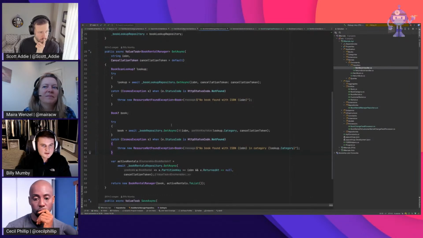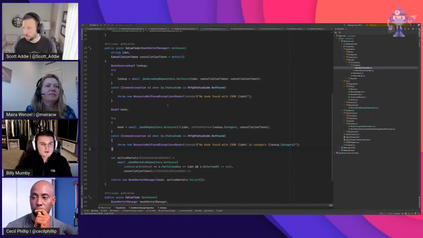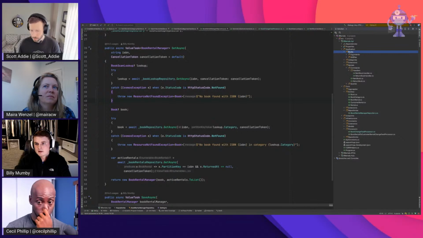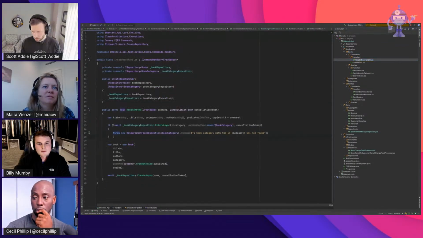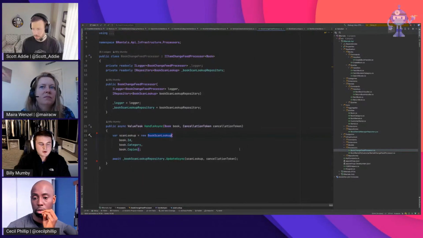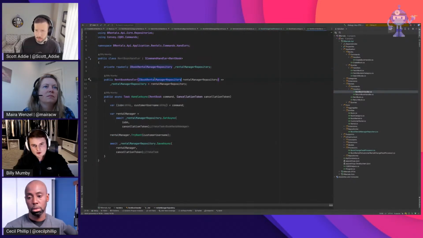So just going back to this example. What we use the change feed processor for here was, rather than inserting one of these records when I create a book, I'll simply insert the book, which was in this handler here. And if you notice, I just call a simple create async on the book repository. I don't do anything else. That's handled via a change feed. When a book is inserted, this change feed processor runs, and that creates the book scan lookup record. And then when I come back to query this later, when I make a rental, for example, in this repository here,